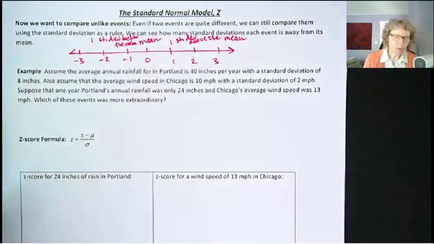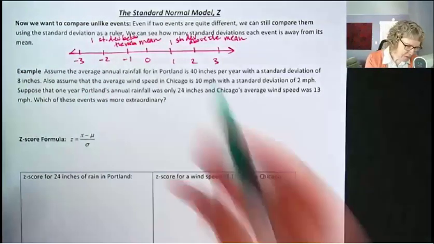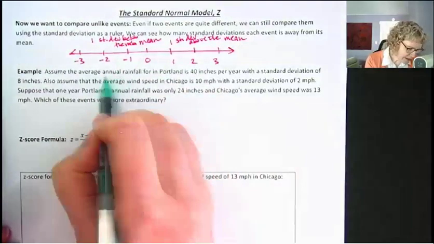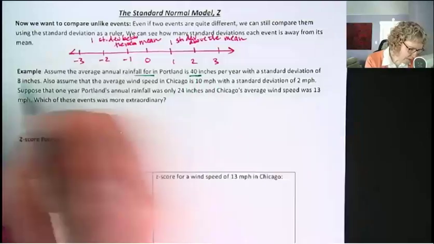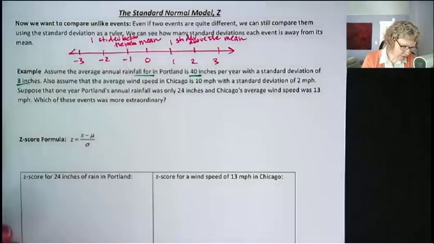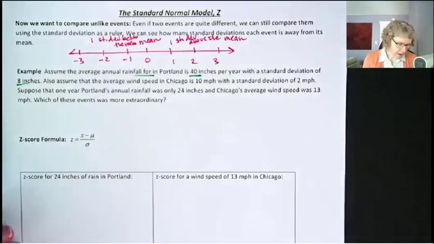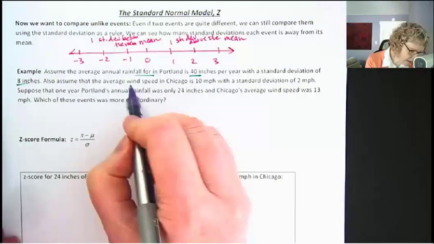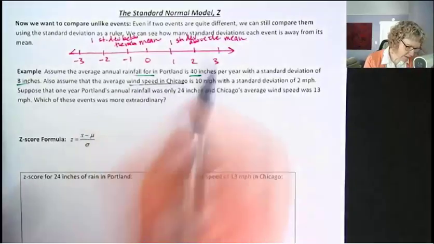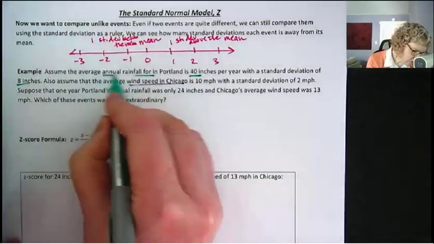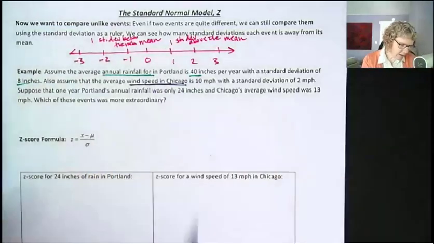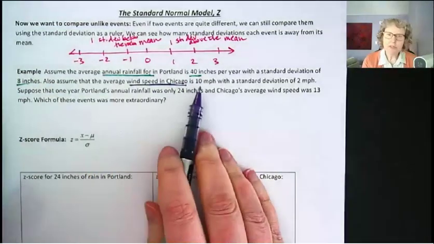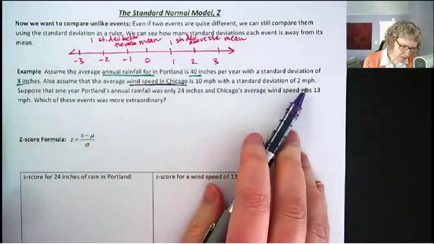Okay, so we're back to our rainfall example. Hopefully you're not getting too tired of this one. Annual rainfall for Portland is 40 inches per year with a standard deviation of 8 inches. And now we want to compare that with wind in Chicago, the windy city. So let's compare annual rainfall in Portland with the wind speed in Chicago. Now this says that it has an average of 10 miles per hour with a standard deviation of 2 miles